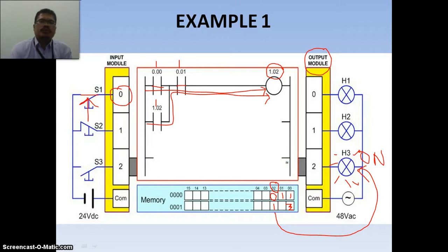So that's how the PLC functions: first, reading the status of the input here. Second, update the logic of the input memory. Third, read the diagram. Fourth, update the output here. And lastly,